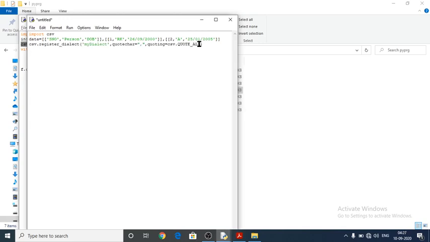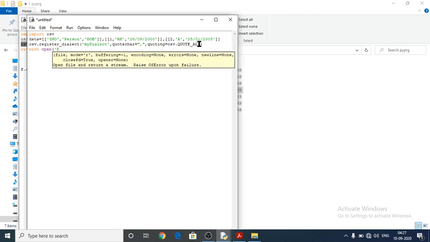Next one is here specify the path and which folder you want to save your file with. Open, give E colon pyprog stud.csv,